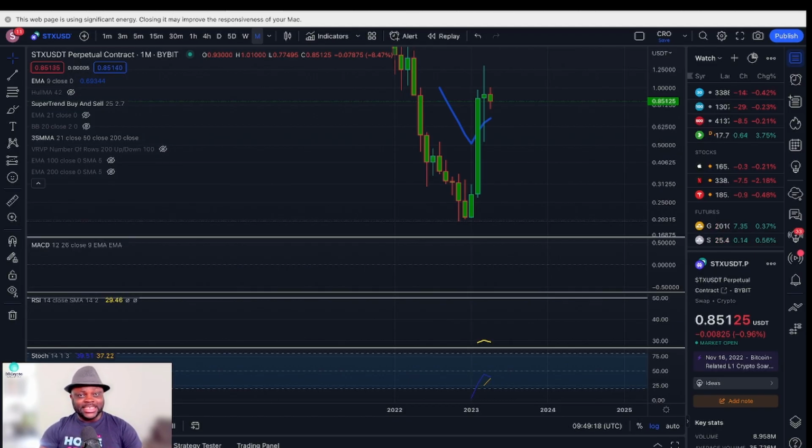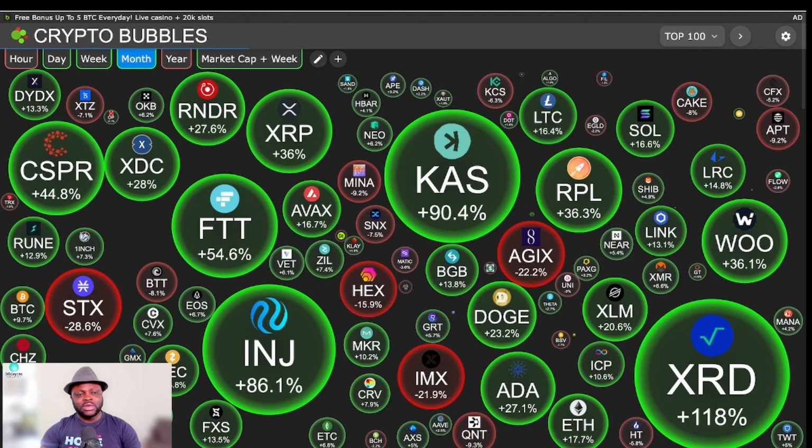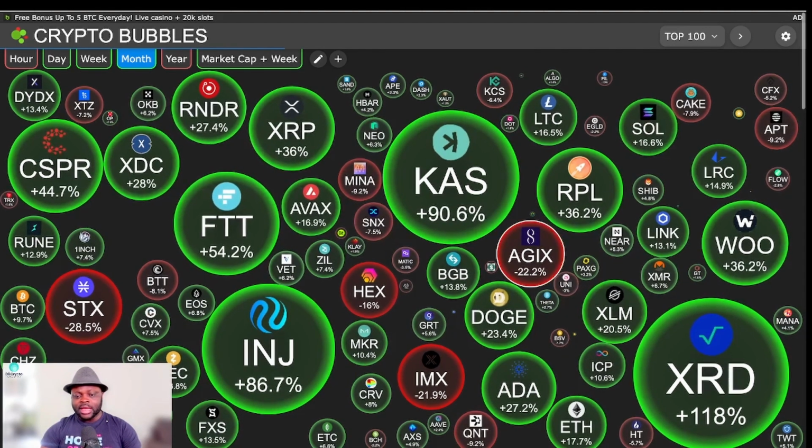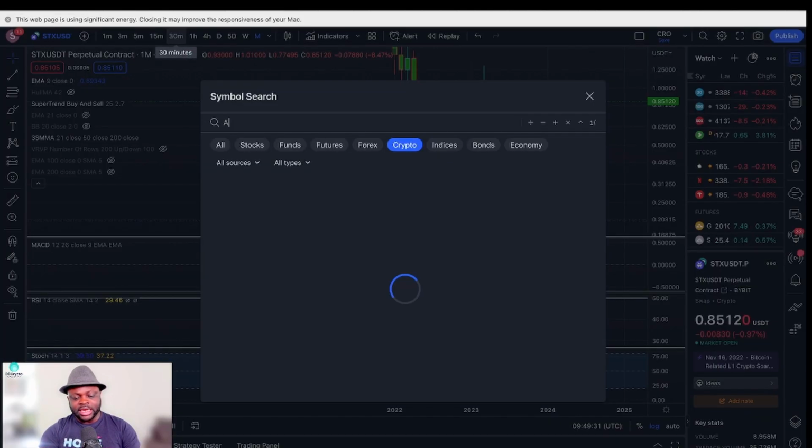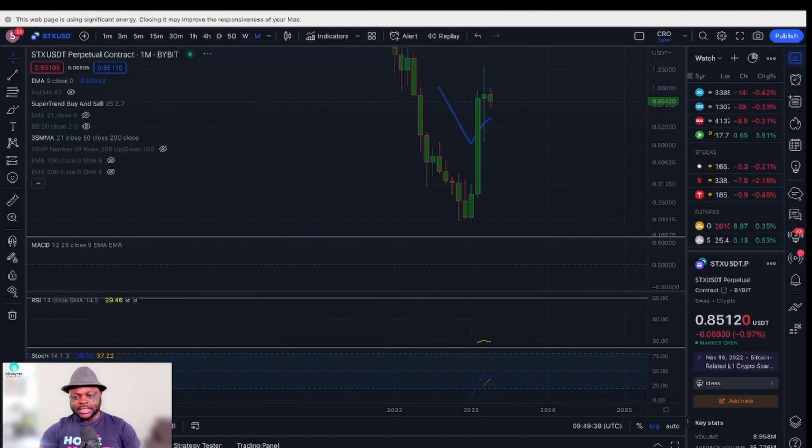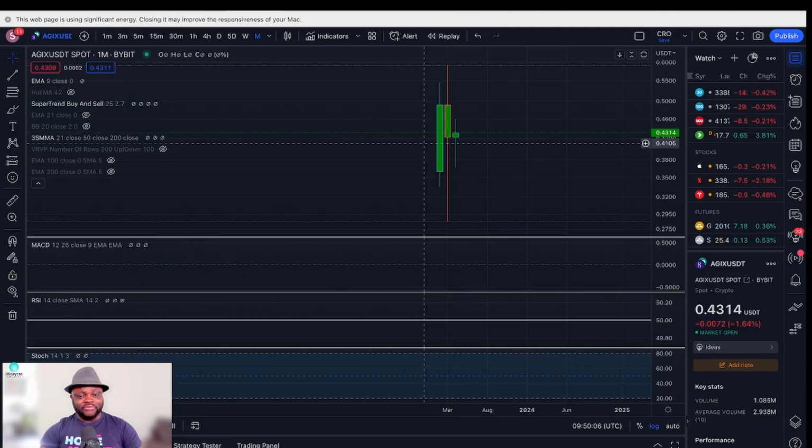Well, in this case, I won't buy this token because it has been pumping recently. I'm gonna go back to look at different opportunities. Let me look at AGIX to see if there is an opportunity in that one. AGIX, Binance have it. When I look at the monthly time frame, it shows that AGIX is moving sideways to